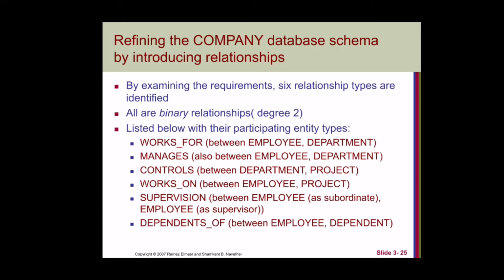Apart from that, all are binary relationships. Why we say all are binary: if we consider works for, we have a relationship between two tables, that is employee and department. Then manages between employee and department. Controls, again between department and project. Works on, again between employee and project. And supervision, it's between employee and